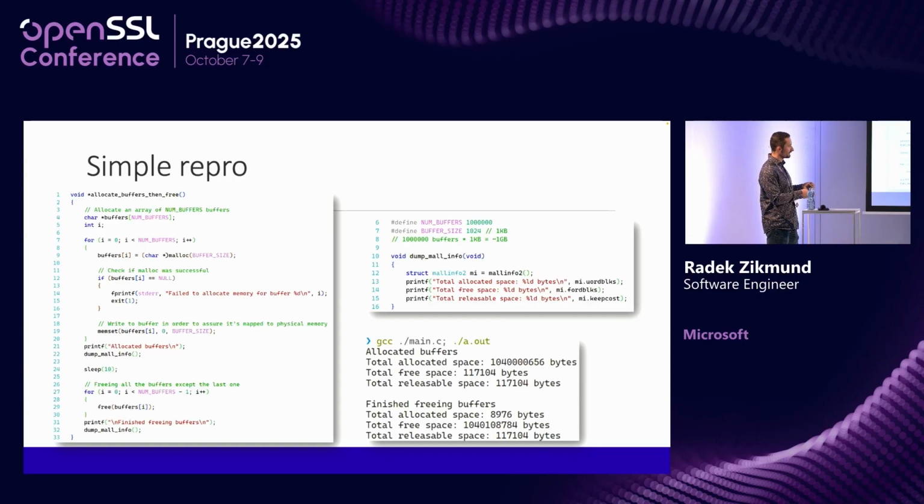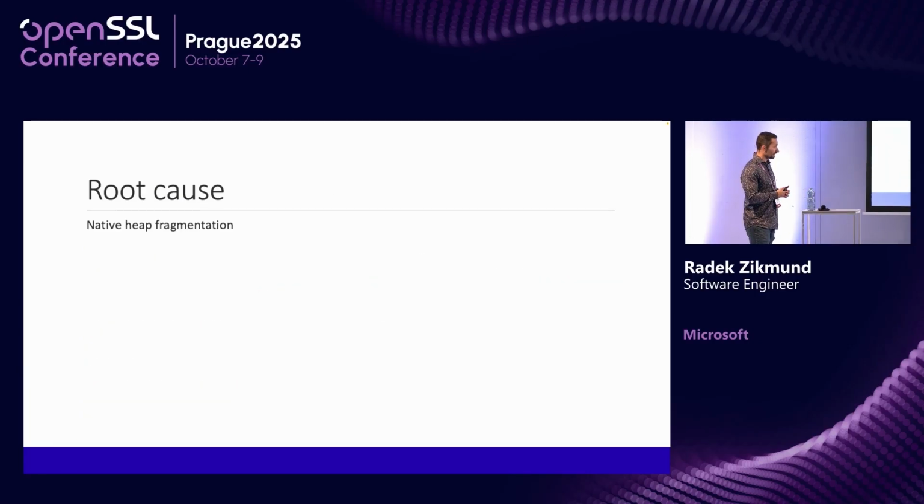And when we free everything except the last allocated one, everything moves into the total free space, and the resident memory of the process is staying the same. So it's only after you free the last buffer that you get all the memory back. So in this simple scenario, it might be easy to do some rearrangement of how buffers are used, but the problem is that